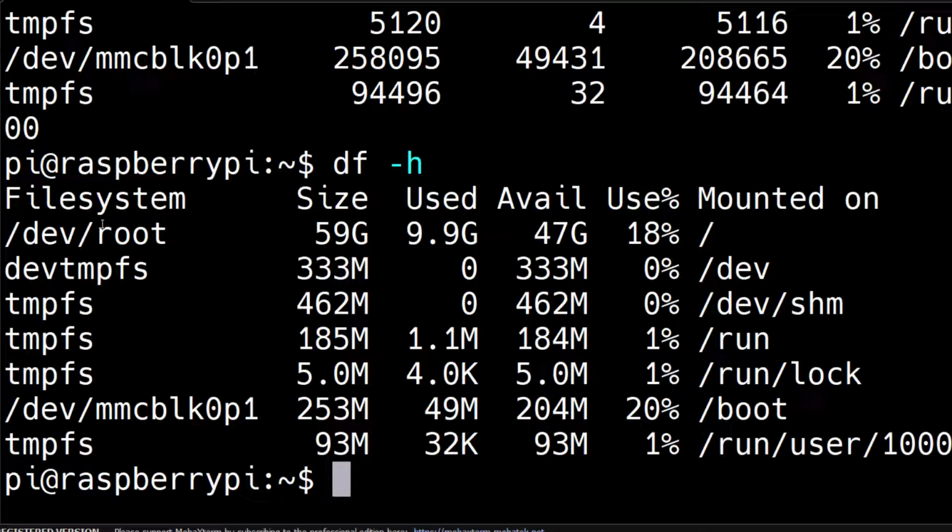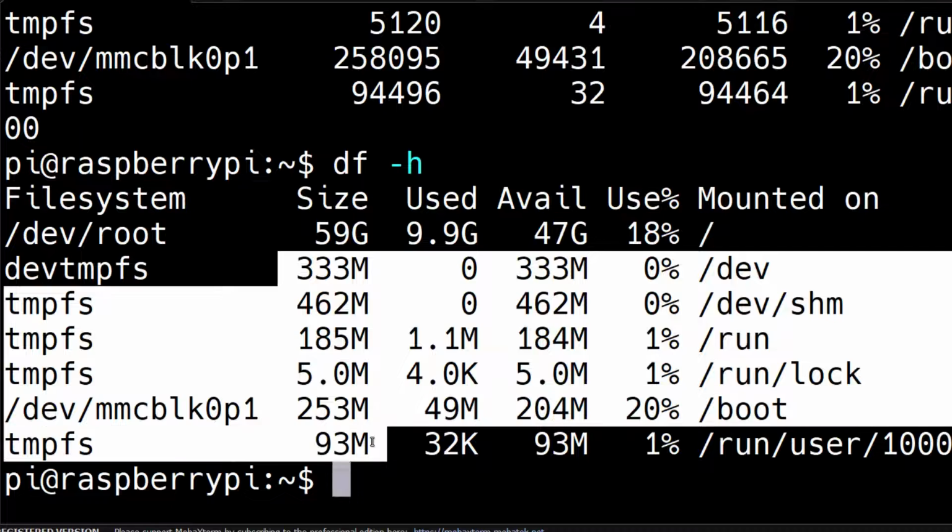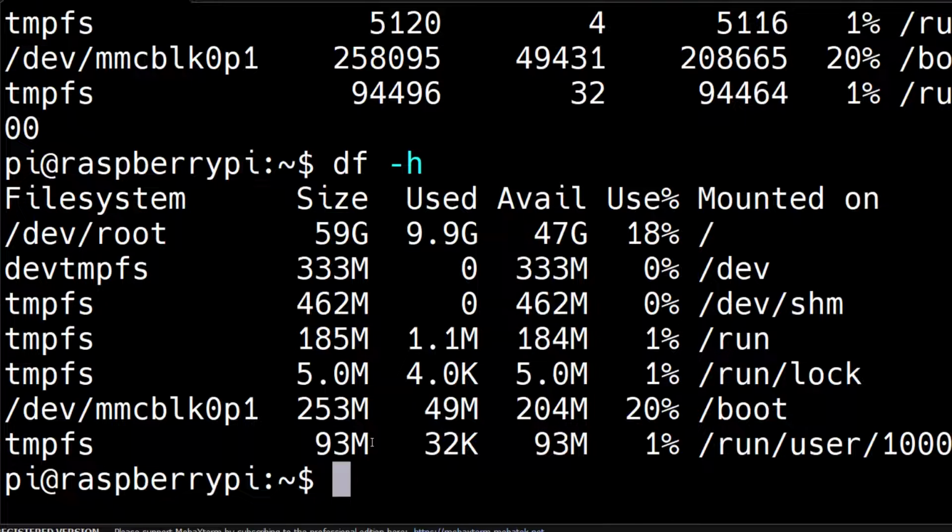As of now, I have inserted a 64 GB class 10 memory card into this Raspberry Pi to act as the main disk. And it will show you all the partitions that this Linux flavor has created and how much of that is occupied. So as I told you, it is 64 GB. The biggest partition is 59 GB. And if you add all of these and compute the sum, it will be close to 64 GB.